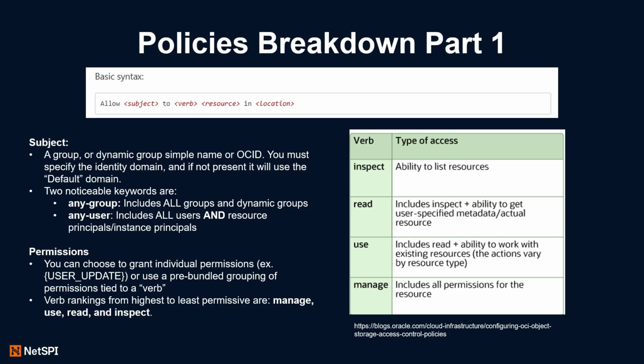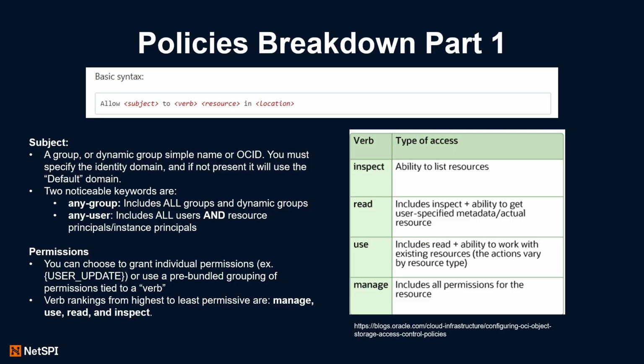In OCI, there are numerous individual permissions, for example user update, and usually you need one or more of them to call a certain API. Because there are so many, OCI has basically bundled them all together into 4 basic verbs. If you're coming from GCP, this is very similar to basic roles, right? In order of least privileged to most privileged, that is inspect, read, use, manage. You'll usually see that all over in policy statements and documentation. Again, they've taken all these individual permissions in the background and bundled them together into these different verbs.